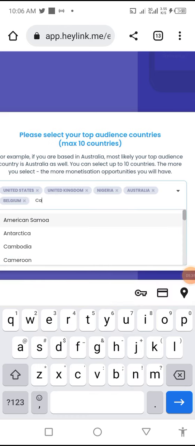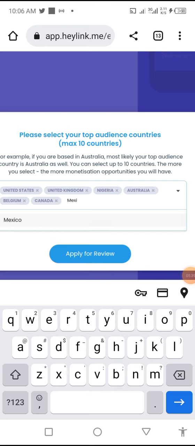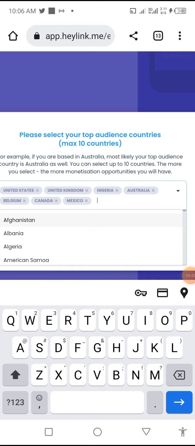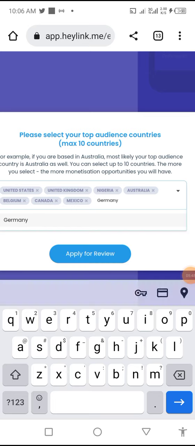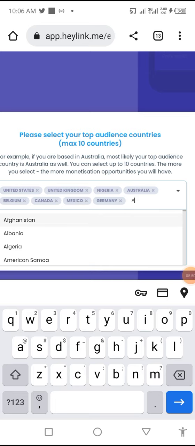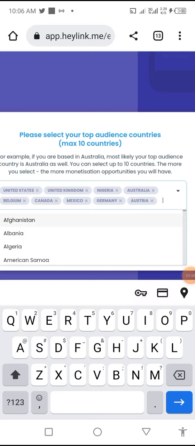Belgium, Canada. Let's also put Mexico because we are targeting just 10 countries. That's 7, we are left with 3. Germany. Austria, I like that country. That makes 9. Lastly, South Africa.